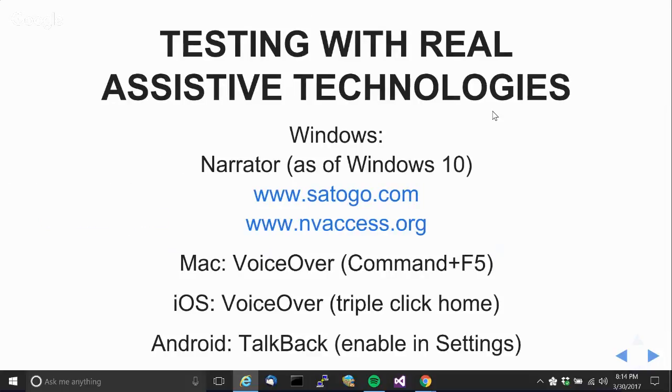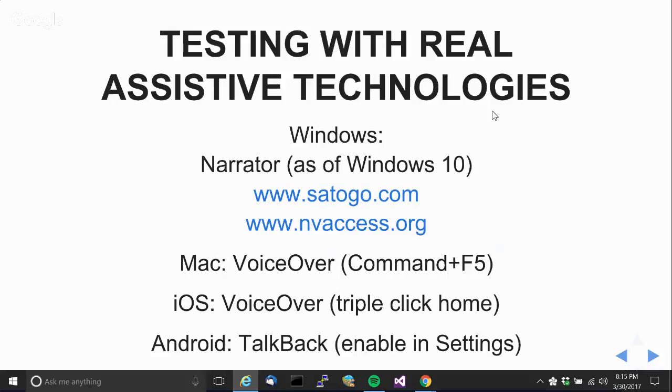I've provided links. On Windows 10, Microsoft's Narrator screen reader is getting pretty good. Most blind people don't use it as their main screen reader yet, but Microsoft wants us to eventually. And then there's my screen reader that I've developed for Serotek. We have a version called SA2Go that you can just go to the website, and if you're using Internet Explorer, it will walk you through the prompts to run it, and you can run it straight from the website without having to install it first. We think that's pretty cool.